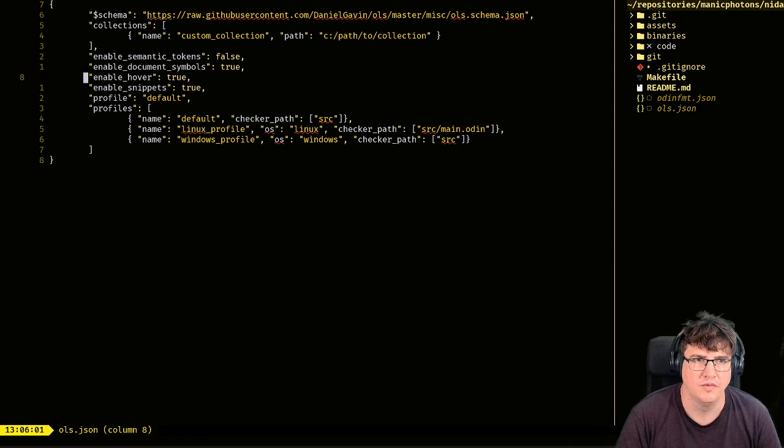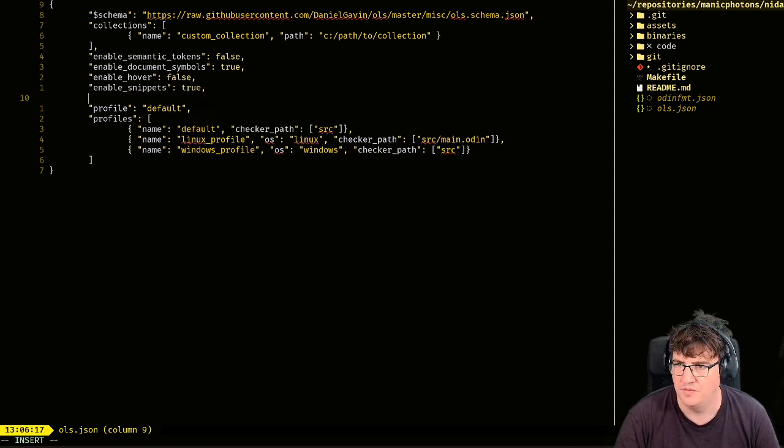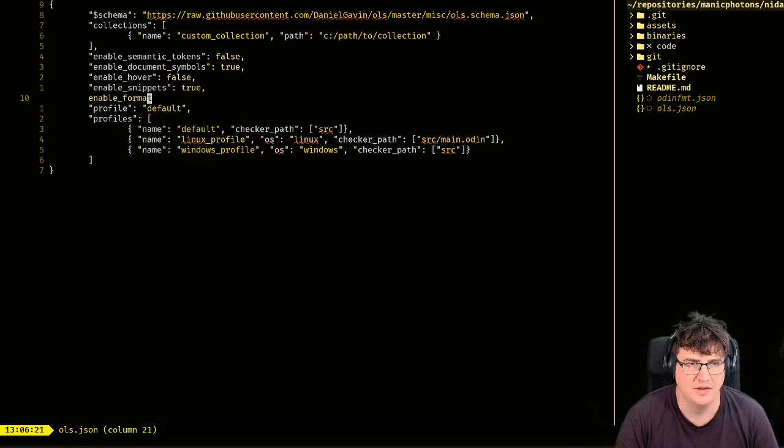So let's see what it's got. Schema, collections. Okay, I'm going to set this up properly. Document symbols, hover, false, snippets, true. We want to enable format, true.